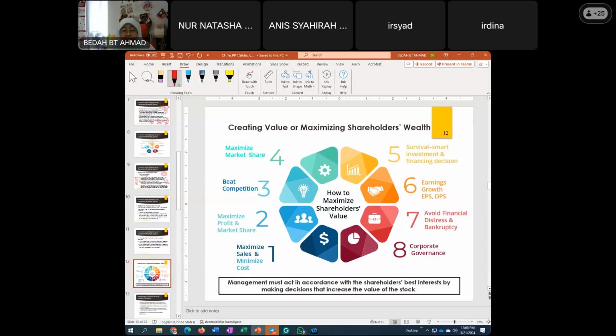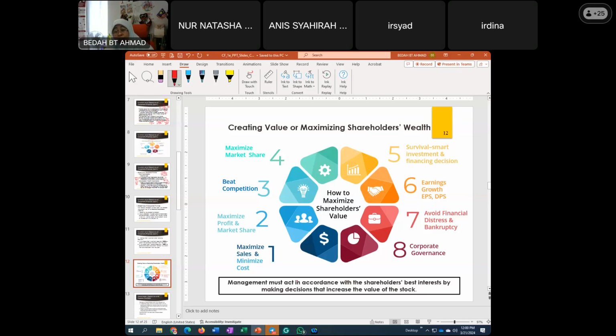Expanding the market share means if a product is produced and marketed locally, the company tries to expand it to overseas markets, to find a new market. And if the market is only for teenagers, maybe the company can expand to adults, who have more purchasing power than teenagers. Like handphones: handphones now are not only for adults but also for teenagers. So it means expanding the targeted group, expanding geographically, and maximizing the market share.